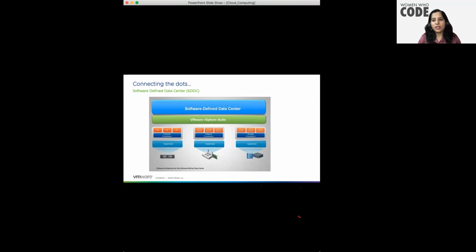Now, on this virtualized layer, we can install multiple VMs. We can get multiple virtual networks and virtual data stores. All these things can now be managed with a management tool. VMware has its offering called VMware vSphere Suite. With that, you can monitor and manage the full data center. So this is the software defined data center, or you can call it a cloud computing solution or a service. Now I will stop here. If you have any questions, let me know.